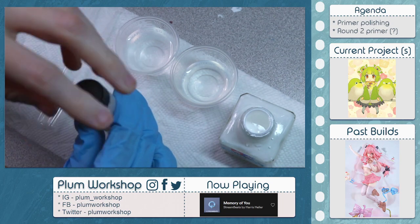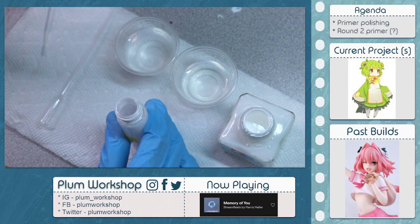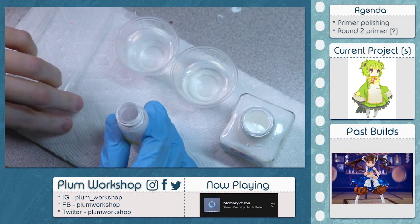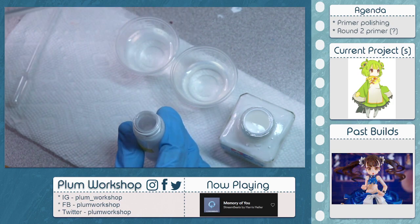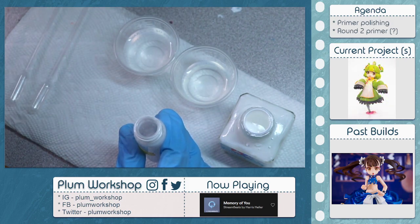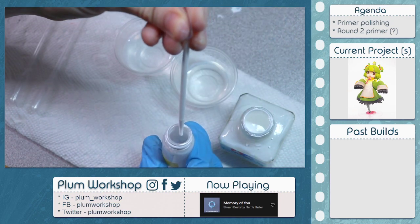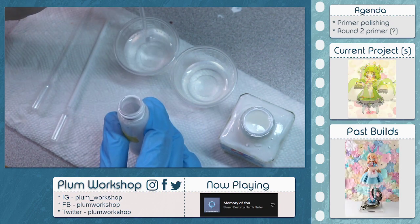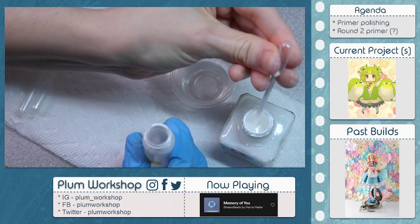But what I typically do these days is I do 2 droppers full, and this is a 0.5 milliliter dropper. So 1 milliliter of the hardware store thinner, and then 0.5 milliliters of the Mr. Color Leveling Thinner. And then I put in 0.5 milliliters of primer. And then I just kind of repeat the mixture. So I go 1, 2, 1, and then